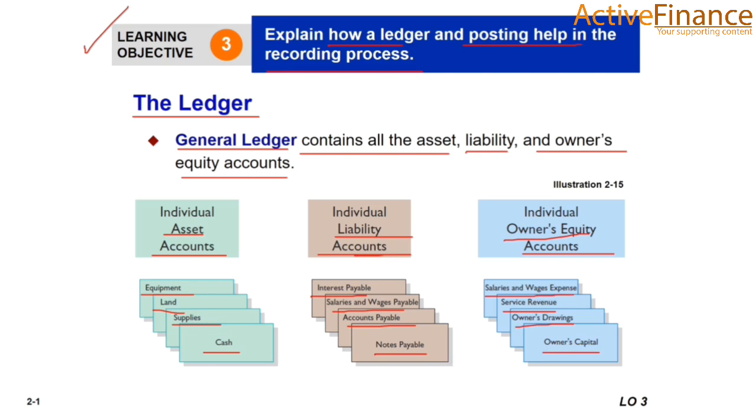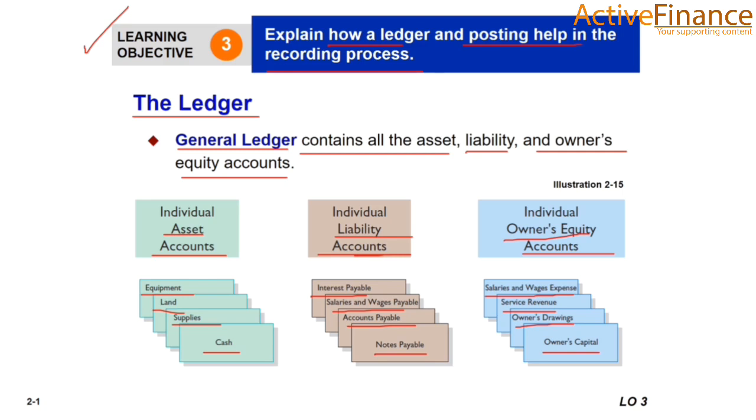So the general ledger includes all these types of accounts, and companies arrange the ledger in the sequence in which they present the accounts in the financial statements, beginning with the balance sheet accounts: first the assets, followed by the liability accounts and owners' capital, owners' drawing, revenue and expenses. Each account is numbered for easier identification.